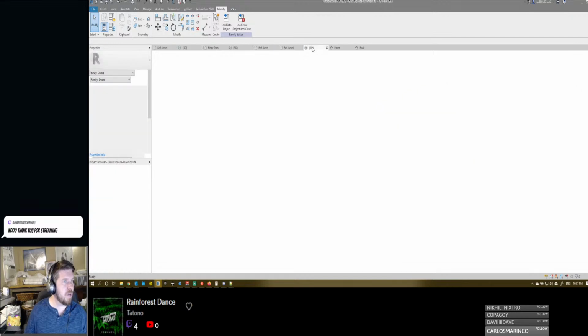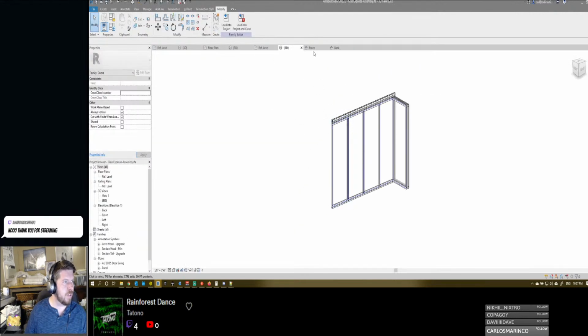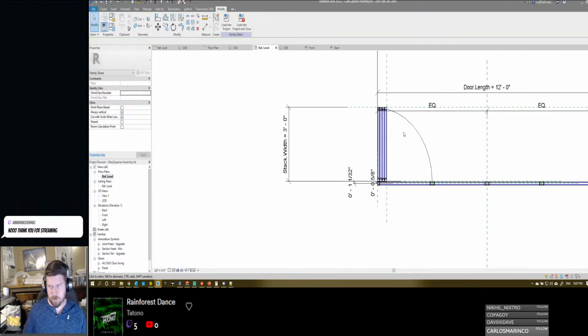So I do need to come back into my assembly family, and oops, on this. Well, that's not what I'm looking for. This, I need to take this and offset it by, we're just going to offset it by 2 inches. That way, if there's a finish on the floor, it's not...